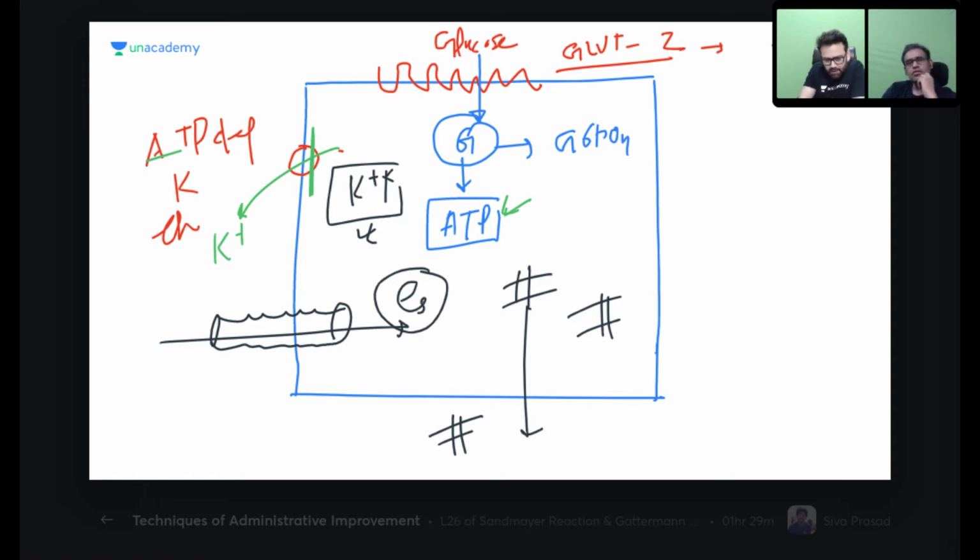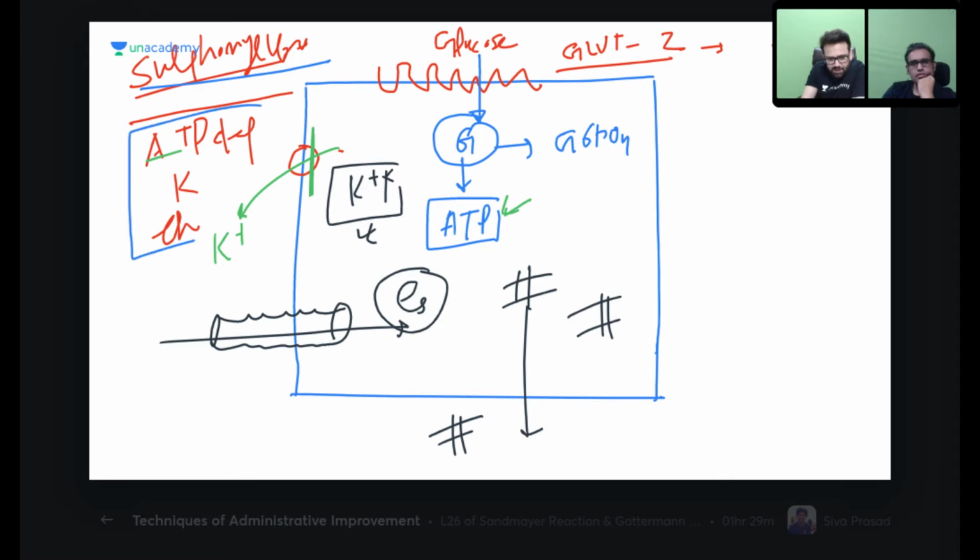That is why all the sulfonylurea drugs act where? What is the site of action of sulfonylurea drugs, like glimepiride, gliclazide, glibenclamide? Yes, very good. Site of action of sulfonylurea is the ATP dependent potassium channel. So all the sulfonylurea drugs, like glimepiride, gliclazide, glibenclamide, all act on this channel, close this channel, and without taking the food, insulin is released.